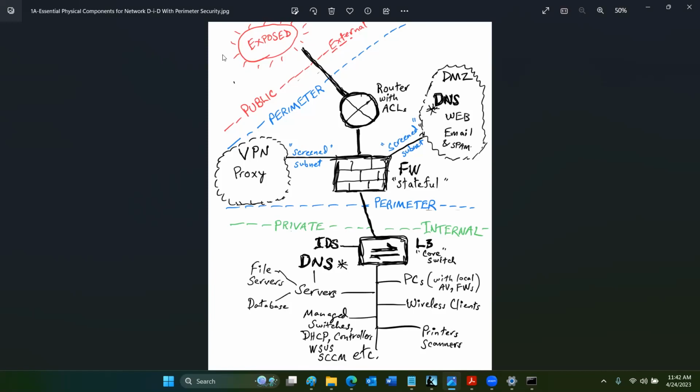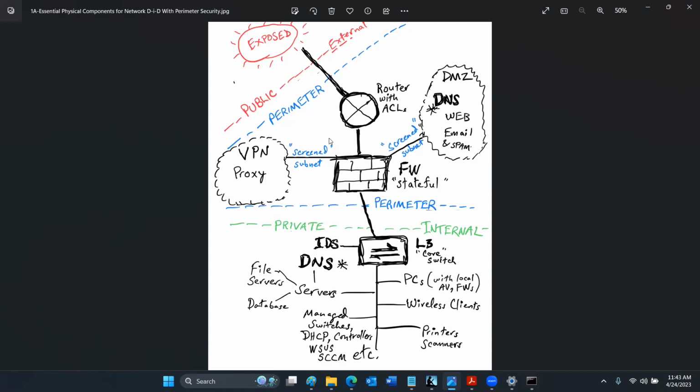Out here in the open, this is the wild, wild west. This is the open internet, and everything is terribly exposed. Public network addresses flow to and from the network wires and routes and between routers out here. And you don't ever want to have network stuff out here, ever, ever. So this concludes